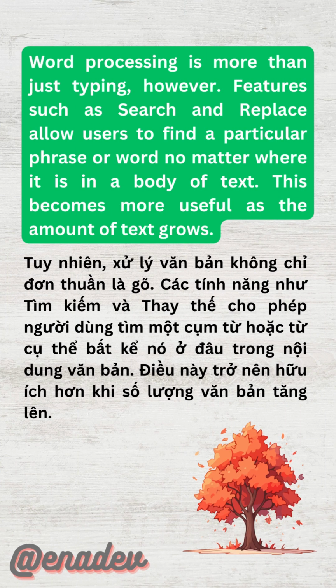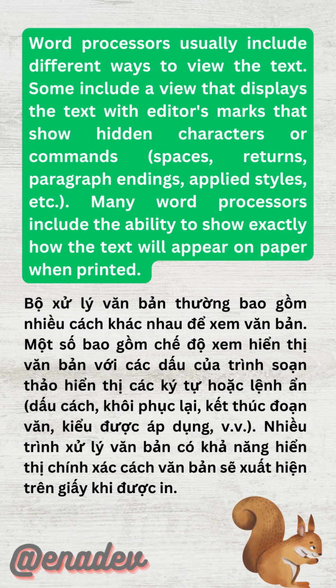Word processing is more than just typing, however. Features such as search and replace allow users to find a particular phrase or word no matter where it is in a body of text. This becomes more useful as the amount of text grows. Word processors usually include different ways to view the text. Some include a view that displays the text with editor's marks that show hidden characters or commands, spaces, returns, paragraph endings, applied styles,